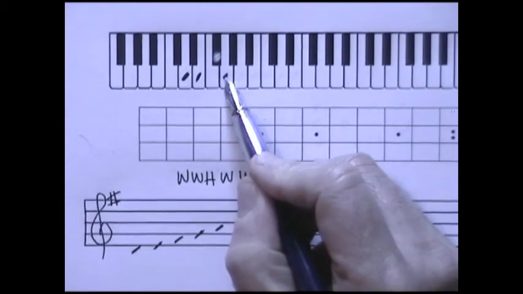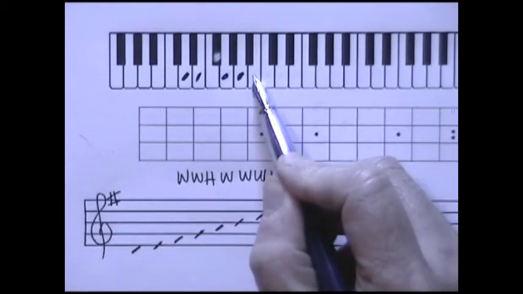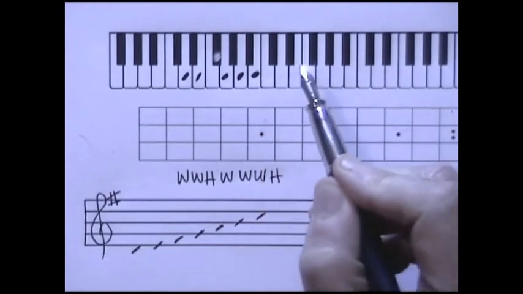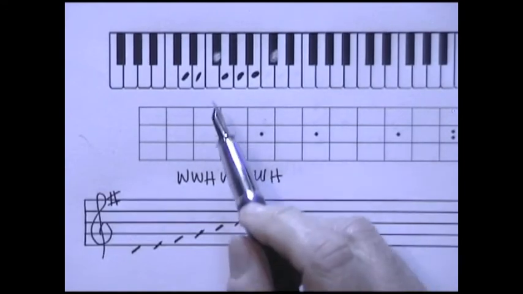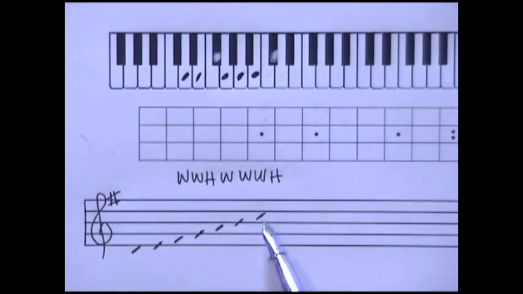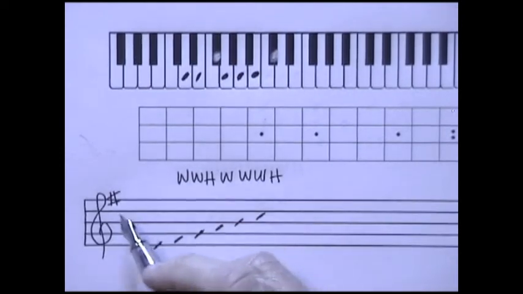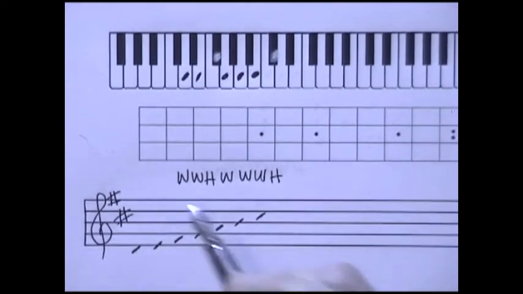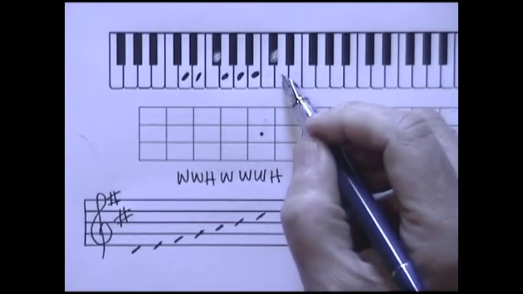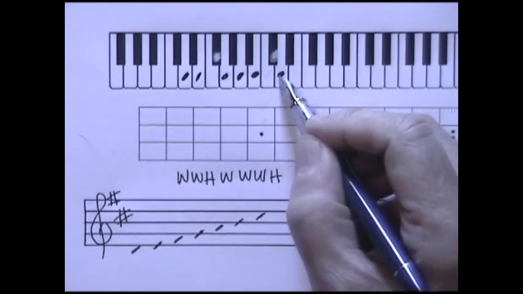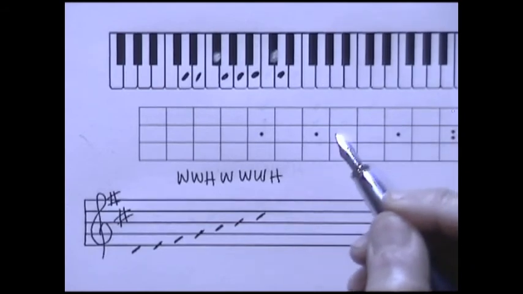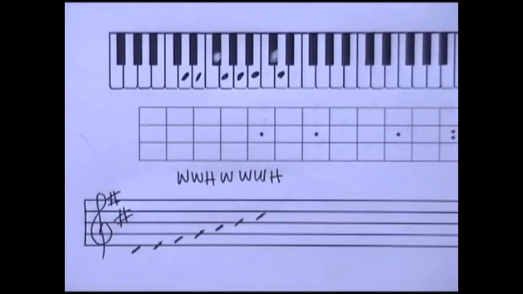Half step is here. Then we have whole step to an A, whole step to a B, and whole step to this note here, which is right here on the staff. So we see that the C must become a C sharp. Put that in the key signature. And then a half step would bring us to the first note of the next octave, where the D has been repeated again. On the ukulele,